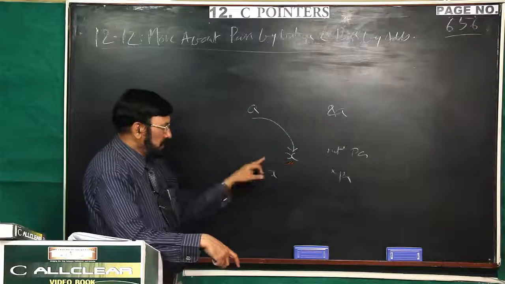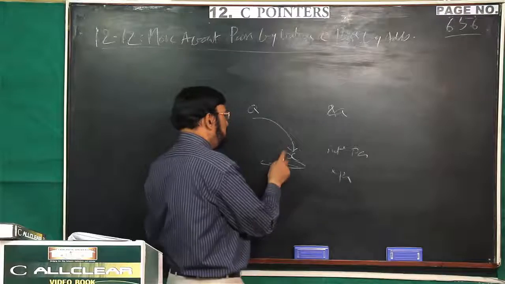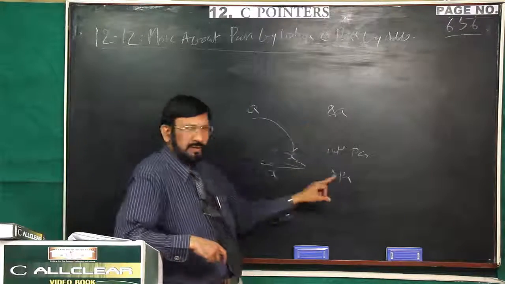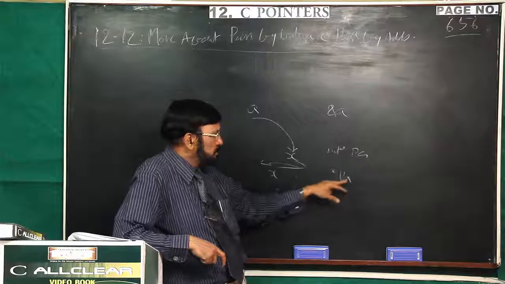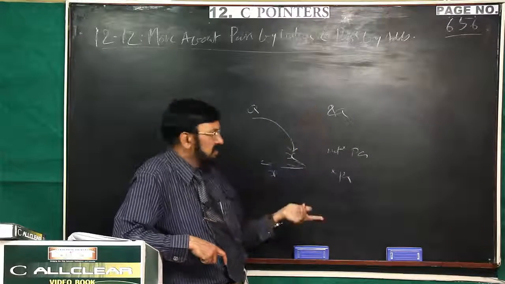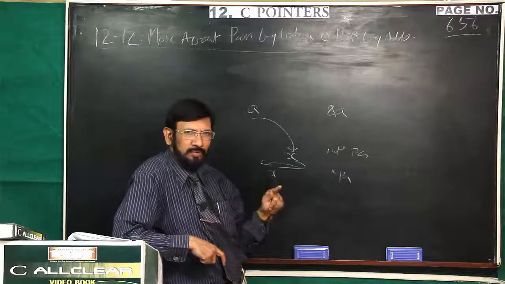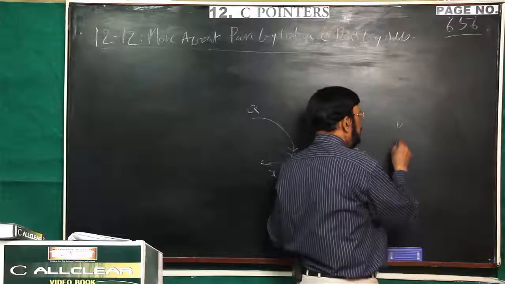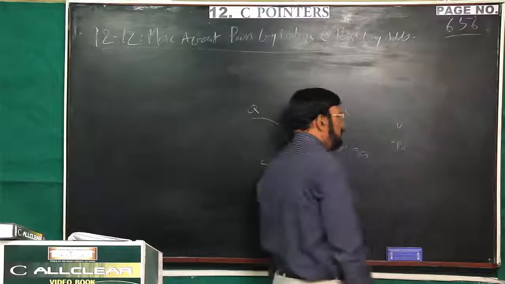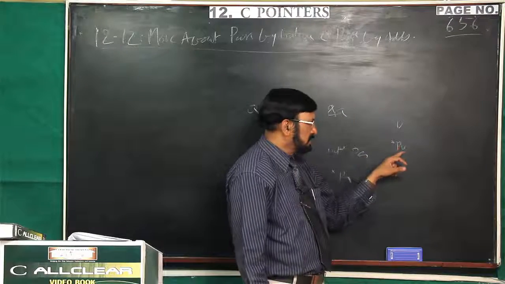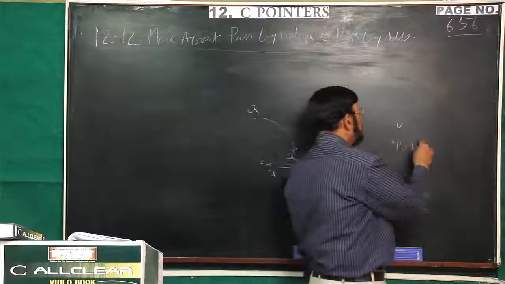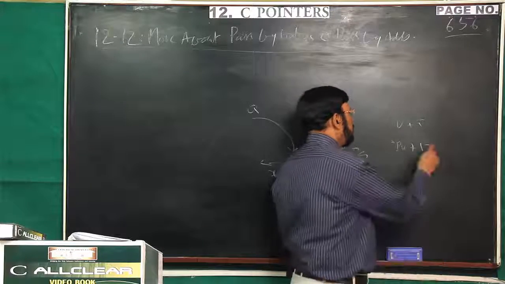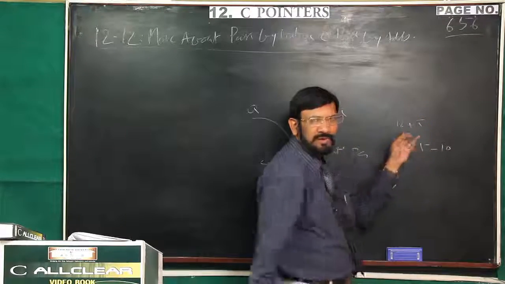So if you make any changes in this, those changes will not be reflected in A. In this, any changes you make are reflected in A. Why is it reflected? Both are one and the same. Already I proved it. Just try to recall star PV. Both are one and the same. It is an alias. Whatever change you make, plus 5, the same plus 5 is affected here. You make minus 10, the same thing is reflected here.